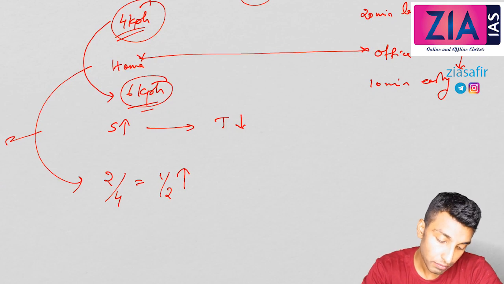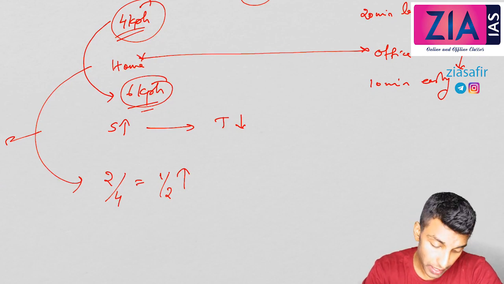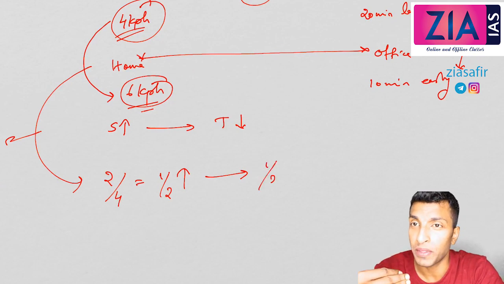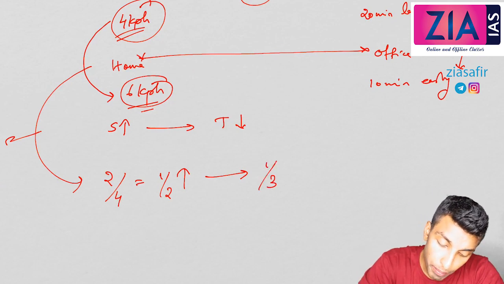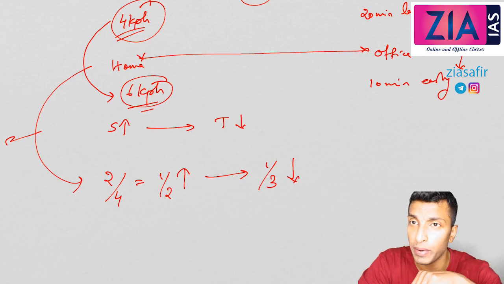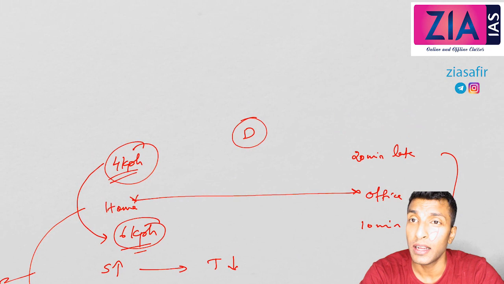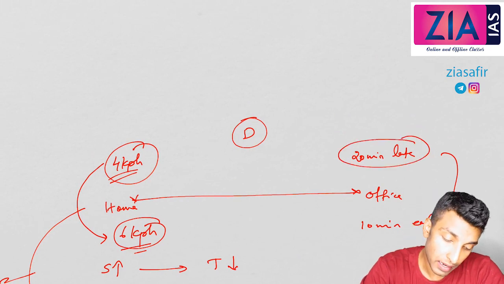Okay. So a 1 by 2 increase is in the speed. How much will be the decrease in time? We know that a 1 by 2 increase means 1 by 3. 1 by x increase means 1 by x plus 1 decrease. So a 1 by 3 decrease will be there in the time. Right? Now how much is given here? See, let's suppose